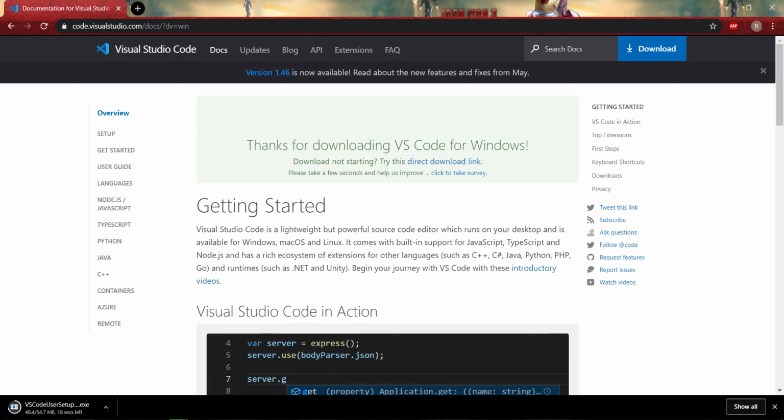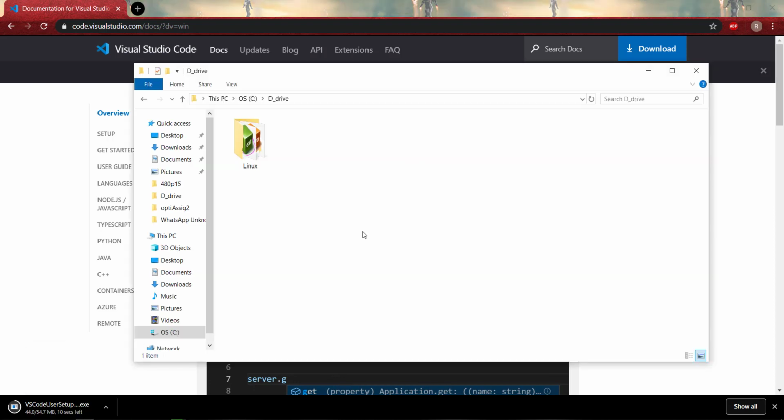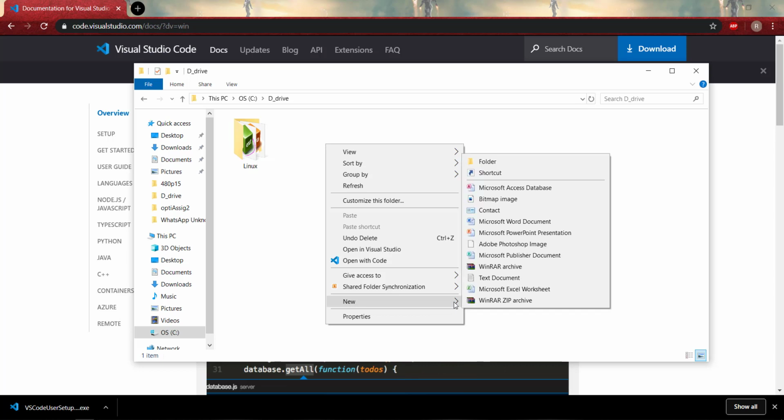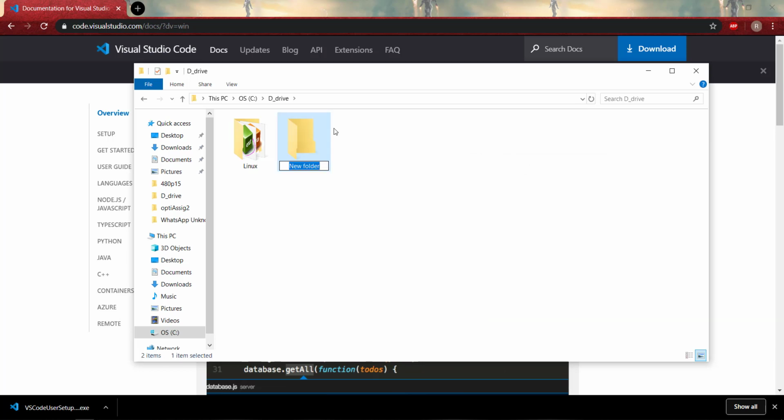While it is downloading, let's make a folder where we are going to save our project when we write. So just make a new folder. I am going to give it a name like web dev. You can give any name, whatever you want.